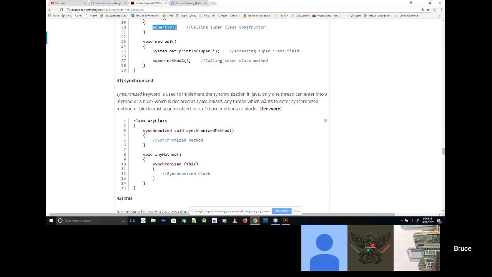So that any thread which calls and wants to order this method must require a lock to get these methods. So basically, can you imagine that both you and your dad both want to take out the trash at the same time? If you both try to take out the same can at the same time, there's going to be a problem because one person's got their hands on it already. And so this kind of thing happens in programming.